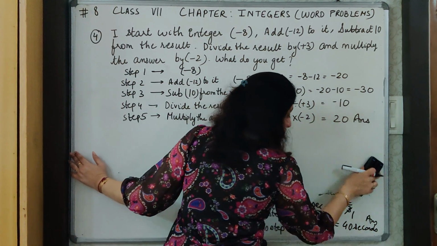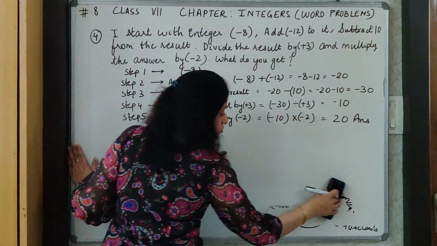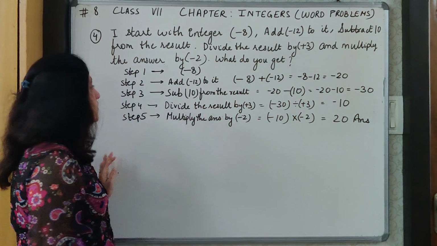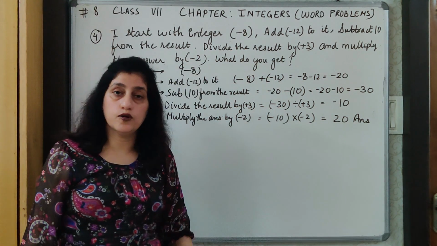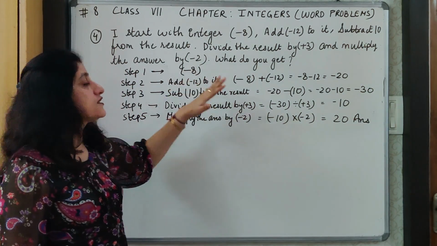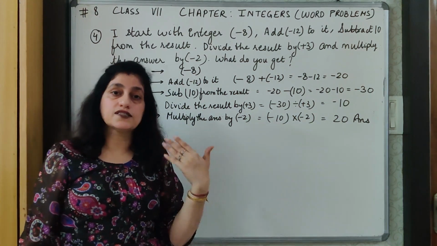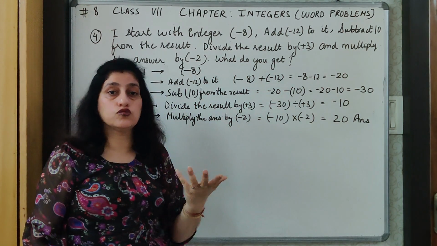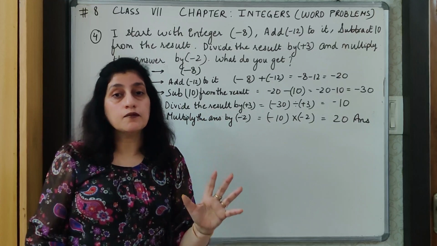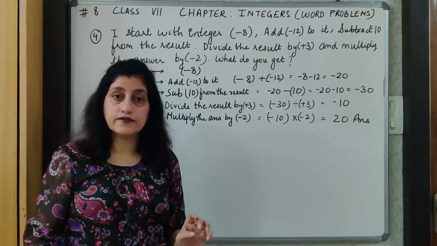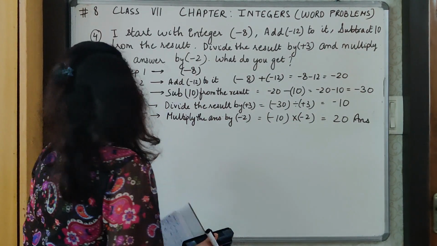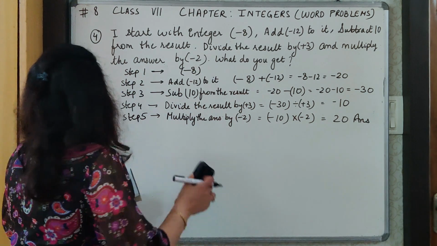So this is how a step-by-step approach is required to solve a question. Go through this question. I hope it is easy. The thing is that we have to move step by step. That makes the question easy. If we try to see so many things to do and we get confused, that's not going to help. So go step by step, calmly, slowly, and you will understand everything. After this, we will move to one more question of a similar type. Of this type of question only I am taking up next.